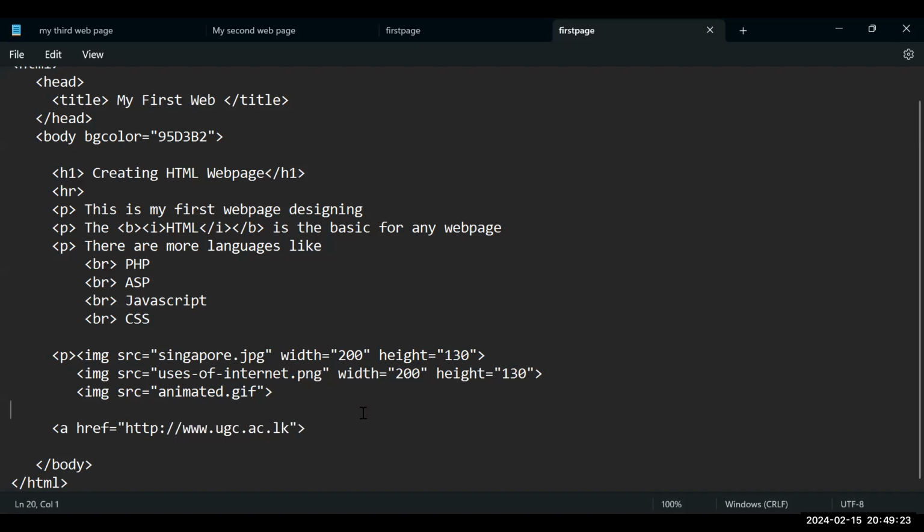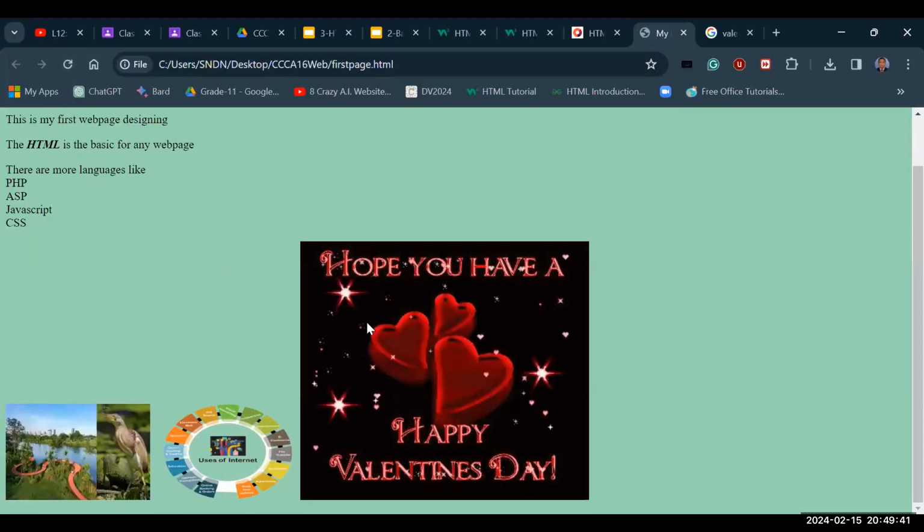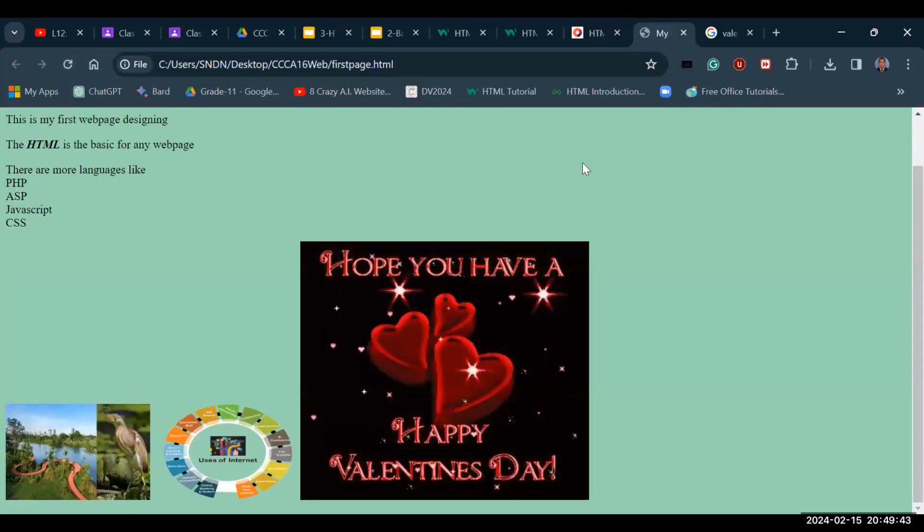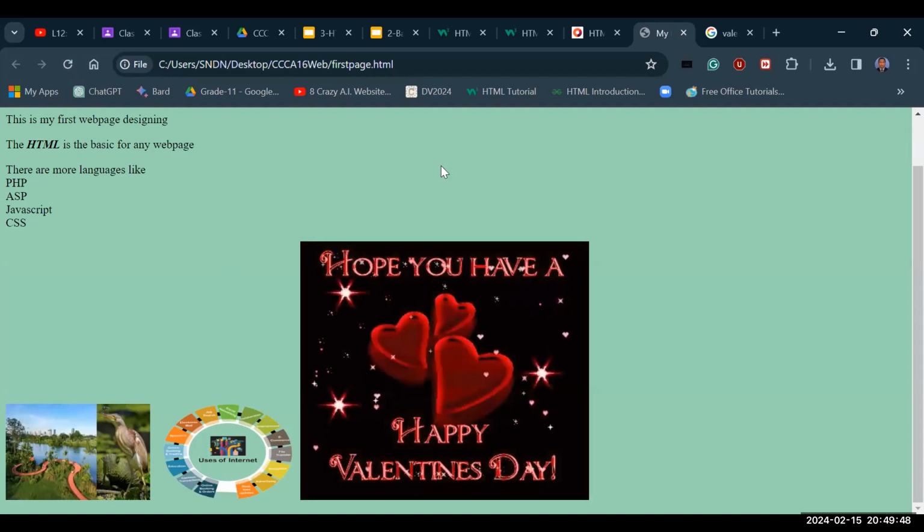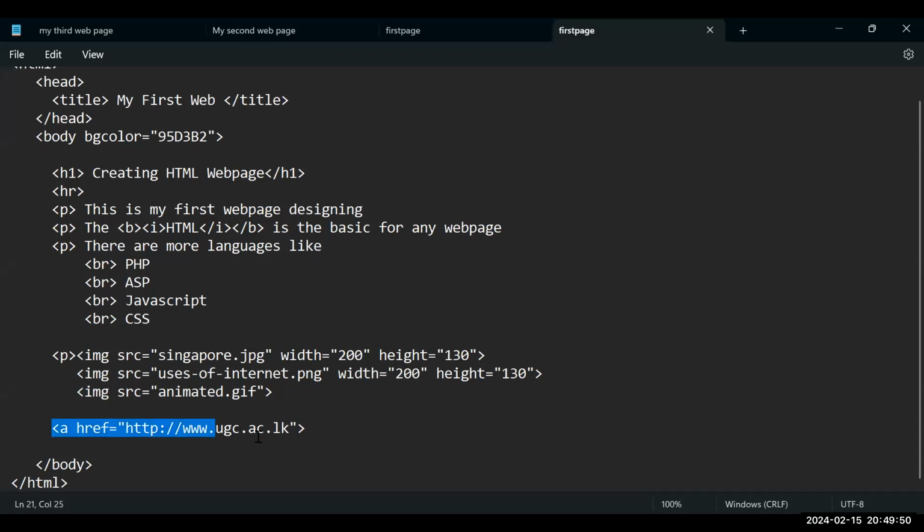Now let's see what will be... the anchor tag should be closed, right? It cannot be blank. So now let's see what will be the output. I didn't close it. Is there any output? Nothing is there, because we have not mentioned anything there, because this is only understandable, this anchor tag, with